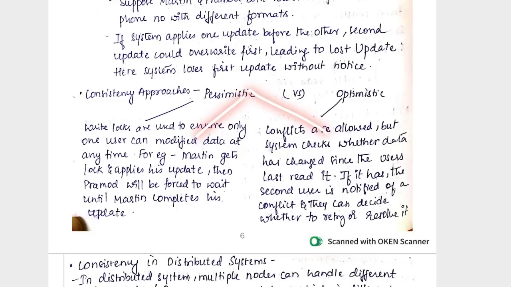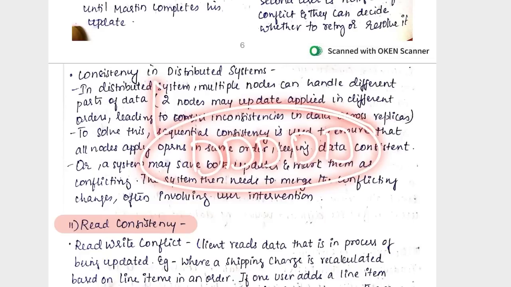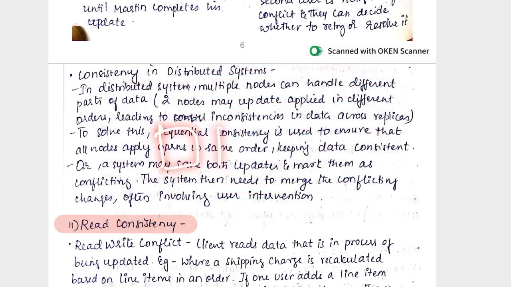So there are two techniques to handle these consistency approaches. If we are speaking about consistency in distributed systems, in distributed systems there will be multiple nodes, right? These multiple nodes will be handling different parts of data because the data is being split into different clusters of servers. So if two nodes are trying to apply updates in different orders, it